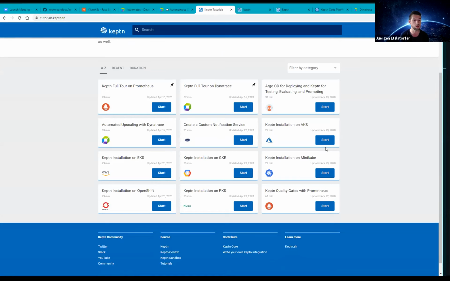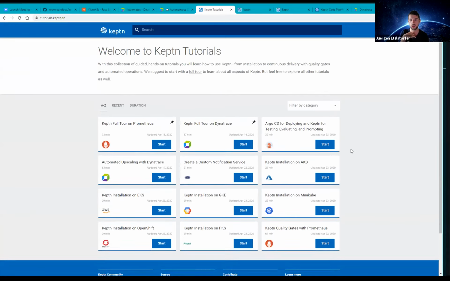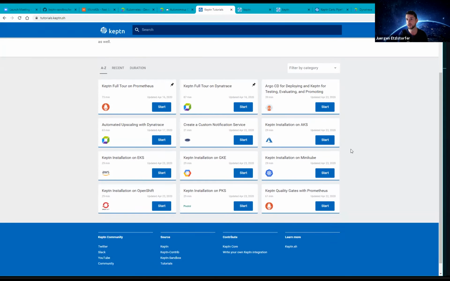Everything in Keptn is open source, so of course this is open source too. Everything behind it, it's not magic. It's basically also a markdown file. So you can take your READMEs you already might have for your projects, and just add a little bit of meta information to it, so we can generate the tutorials here. So Sergio, I would like to invite you to also write a tutorial, take your README and convert it to a tutorial, because I think explaining the steps in this kind of tutorial